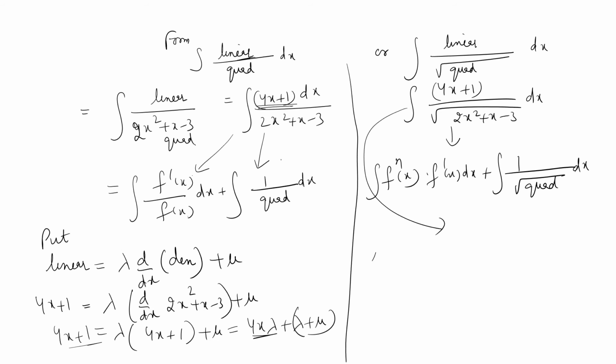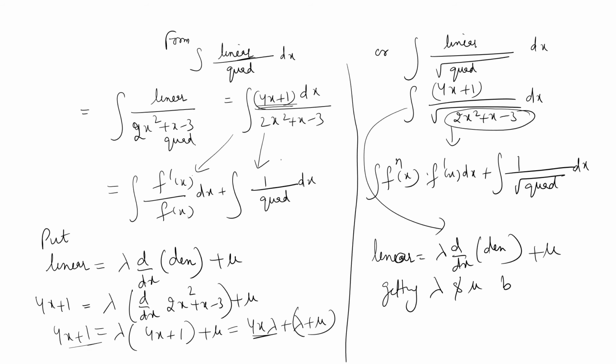Again, what we are going to do is, see once again, linear is lambda times d/dx of the denominator, and this denominator here also does not involve the under root, only the term inside it, plus mu. Getting the values of lambda and mu by equating coefficients will help you break this integral for the under root form in this case, and for this one of a linear upon quadratic form, like f dash x upon f x plus 1 upon quadratic. Okay,